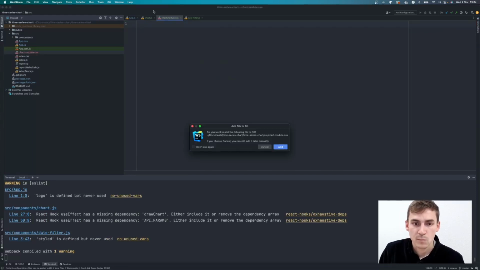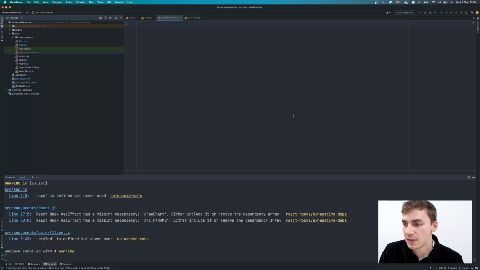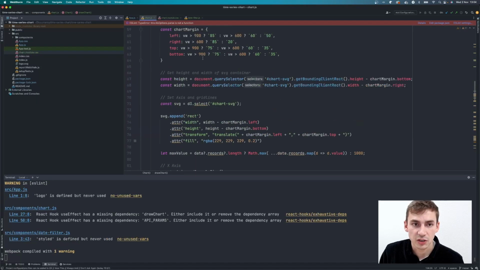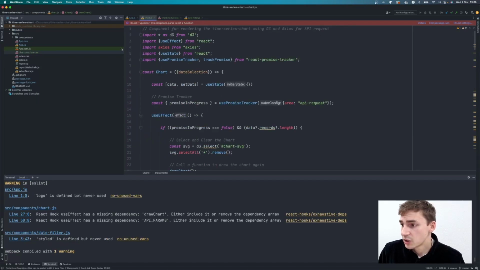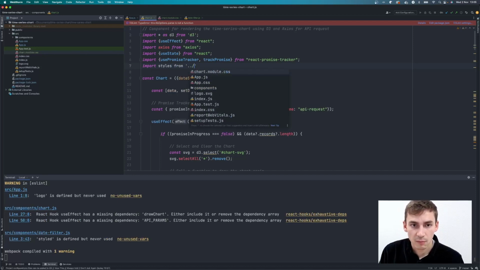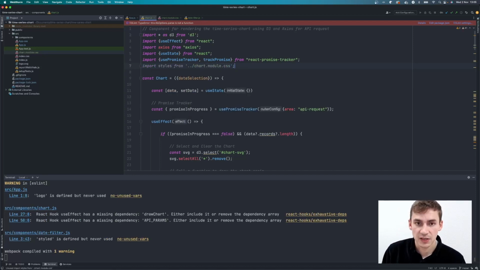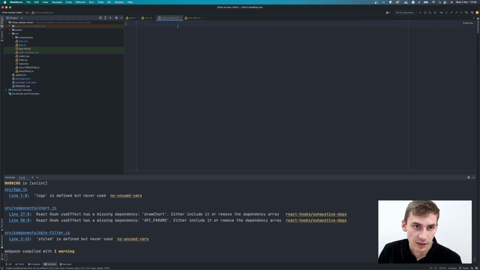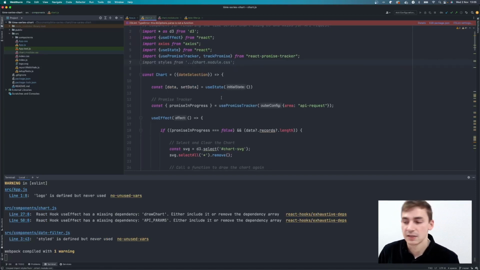chart.module.css. I'm going to add that, and immediately import that into my chart.js file. So import styles, it doesn't really matter what we call that, from chart.module.css. Brilliant. So now I've got access to all of the styles that I choose to create in here directly inside this